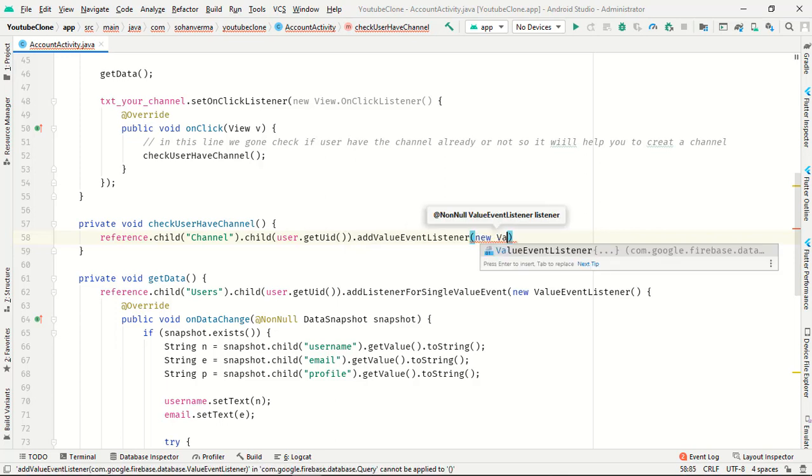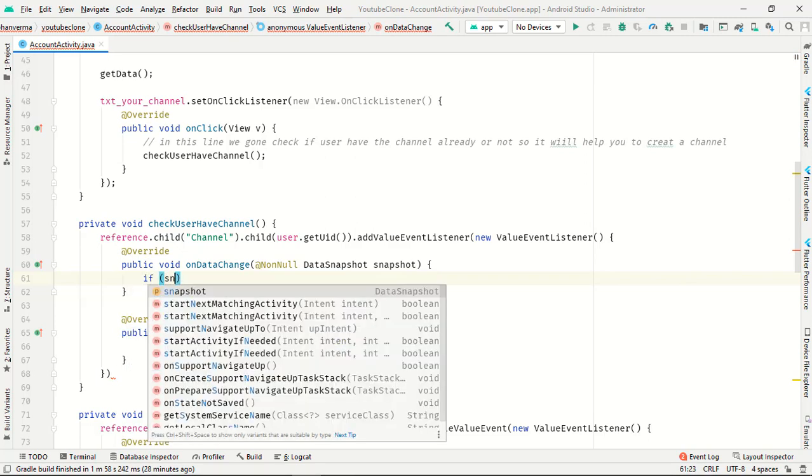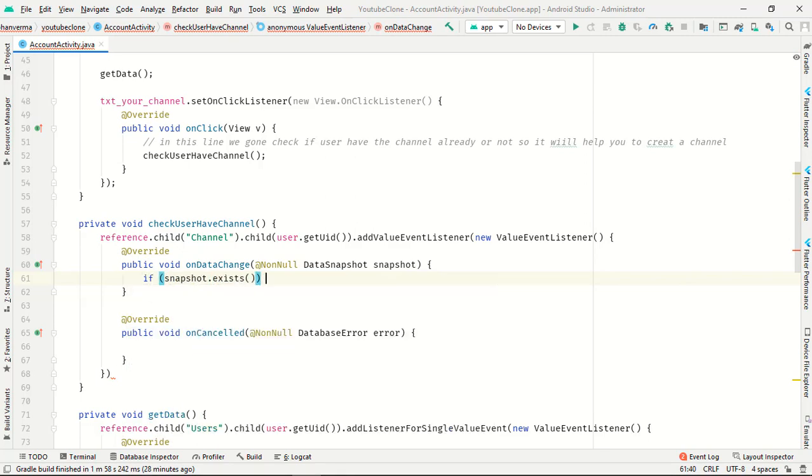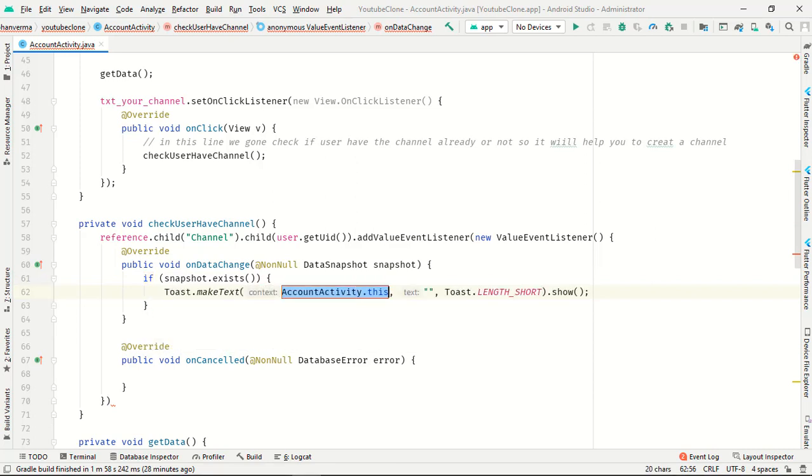Okay, new value; it will give you two methods, and if snapshot dot exists, give me a toast: user has a channel. Perfect.